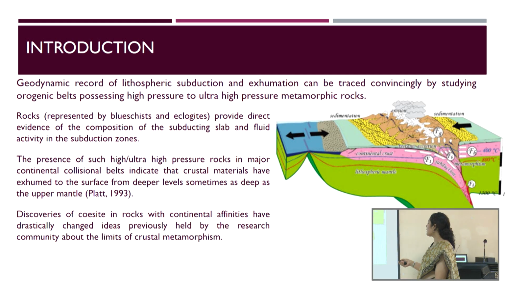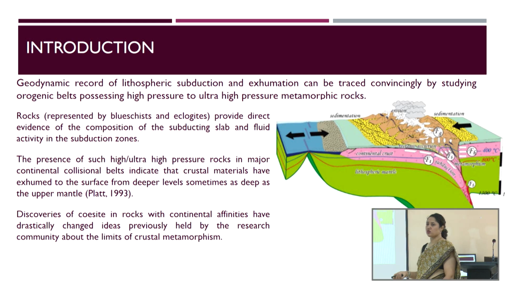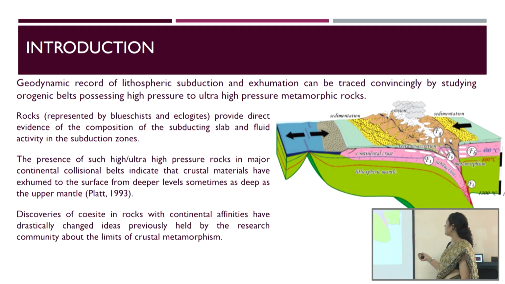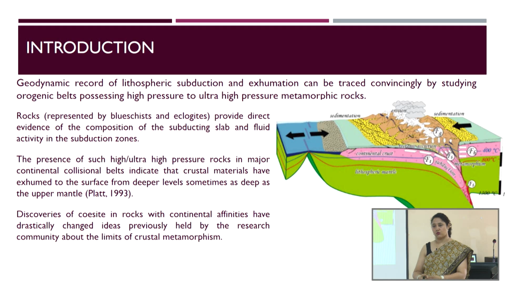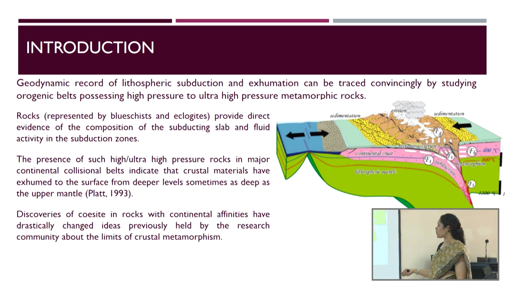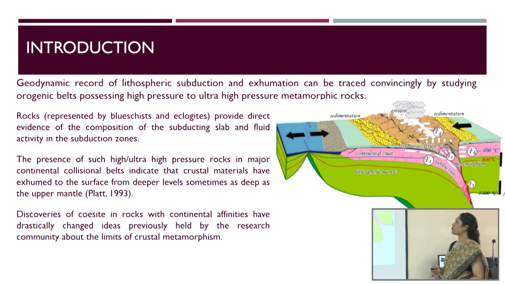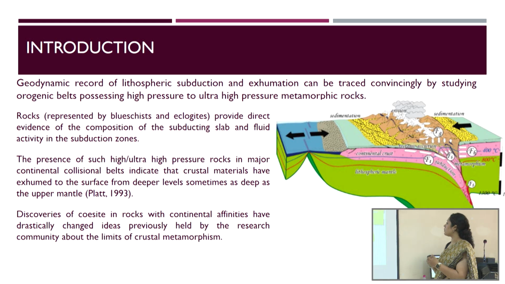In the Himalayas and in many orogenic belts, you see that the denser crust, which is primarily oceanic in composition, or it could be gabbroic or basaltic, typically gabbroic, subducts to great depths and then sometimes it bounces back. So, the geodynamic record of subduction and subsequent exhumation can be studied by looking at orogenic belts which